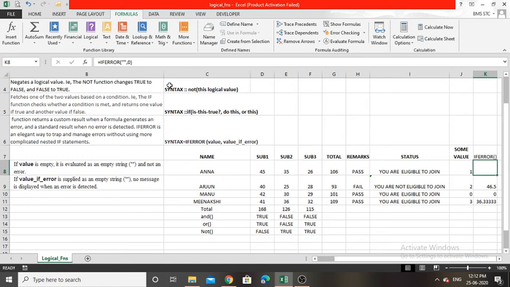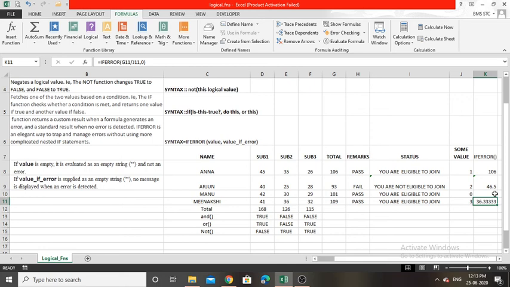What about the next one, value if error, that is the second argument. If I leave it as an empty string, what will be the output? If I leave the second argument as blank, see, no message is displayed when an error is detected.